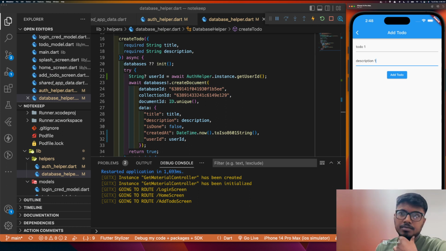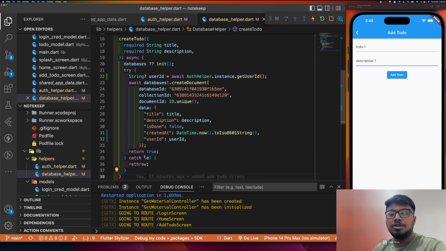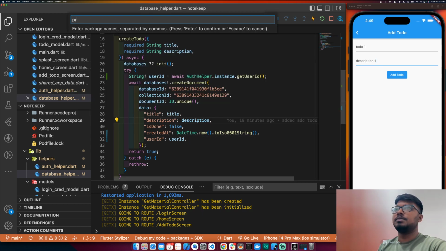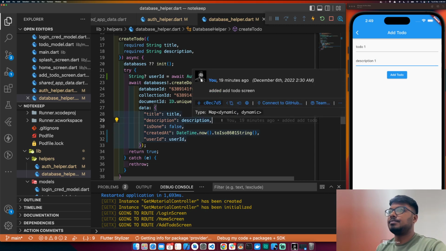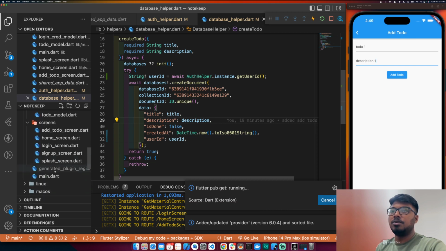So now we need to use the provider package, or we can use bloc, but if you're building a very small application, you can go with provider because it is much easier to implement. So I will add a dependency, which is provider. Then I will go to the main.dart,